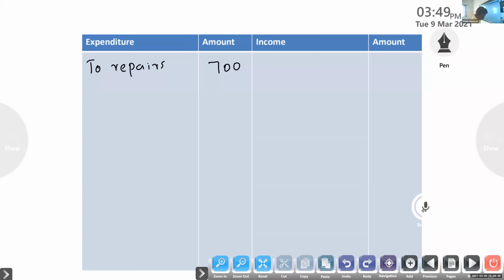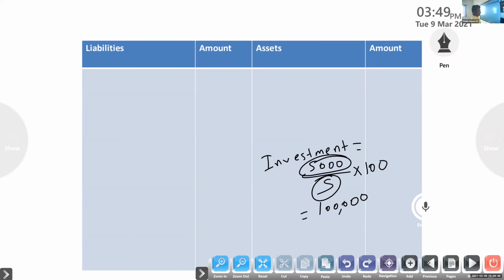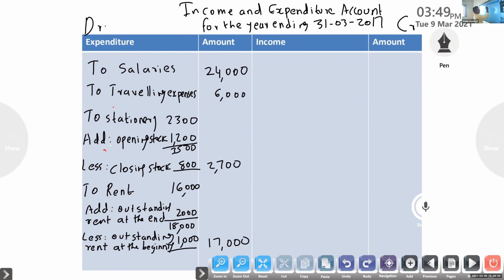Next, books asset, building asset, cash in hand asset. Now receipt side. First, subscriptions. So first you have to write by subscription, by subscription received. In additional information, outstanding is also given, received in advance is also given.